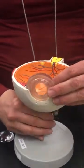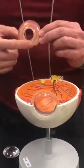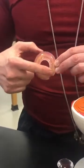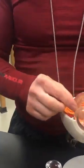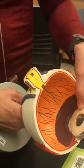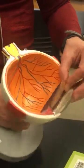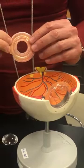And then next is going to be the iris, which is pigmented. When someone says, I have blue eyes or brown eyes, then they're talking about the iris. And the iris is controlled by muscles, ciliary muscles, which are part of the choroid. Let me show you that here. If you see that brown, those are the ciliary bodies or ciliary muscles that control the lens, and they're part